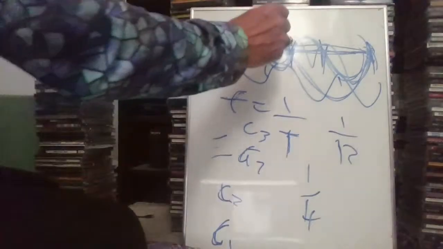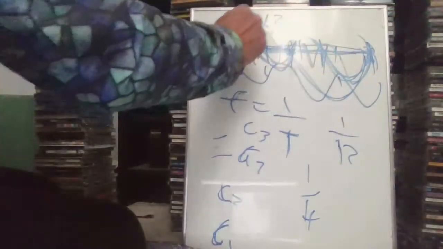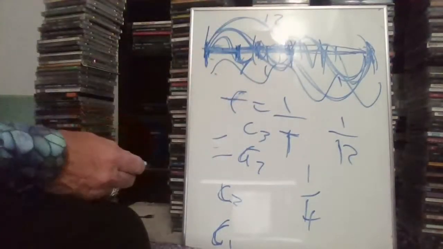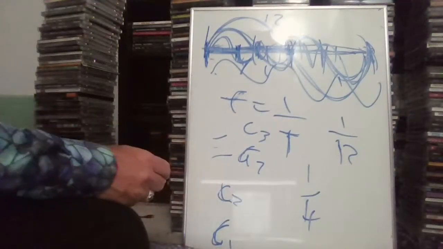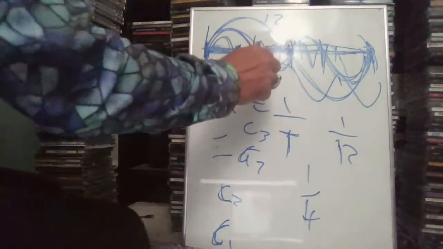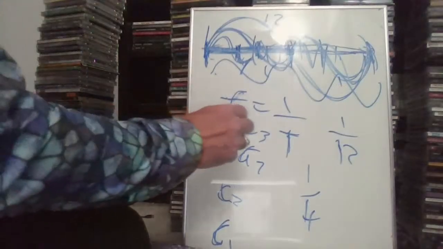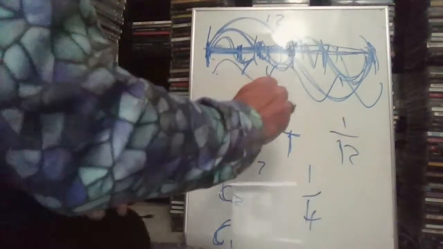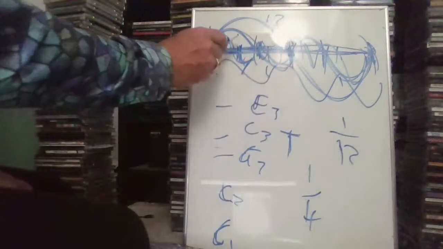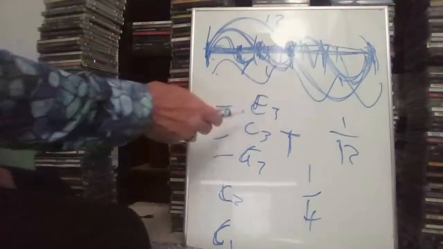Okay, then what about 5? It can vibrate in 5 lengths. I don't know if I'm doing that right. A fifth of the length makes 5 times the frequency, and 5 times the frequency is 2 octaves and a fifth. No, wait, let me get that right. Not a fifth, a third: 2 octaves and a third. Yeah, that's right. I'm getting tired. So a fifth of the length makes 5 times the frequency, which is 2 octaves and a major third. So that would be an E up here. E3.